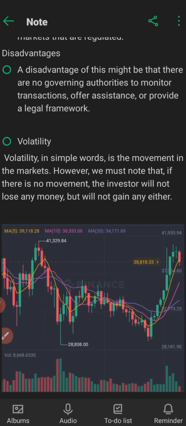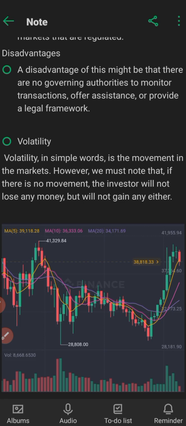Like you can see in the graph below, as at the time of recording this video, this is like the 30th of July 2021. So this is a 1 week graph of Bitcoin. And we can see the price of Bitcoin dropping to as low as $28,000. And within days, it's moving back again to about $40,000, like a $12,000 gap in between. Now, one who had bought at this price of $28,000 would actually be smiling because he had made close to 20, if not 30 or 40% increase in whatever amount of Bitcoin he had bought. You can see how the volatility could be advantageous.